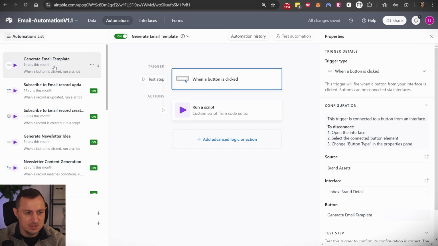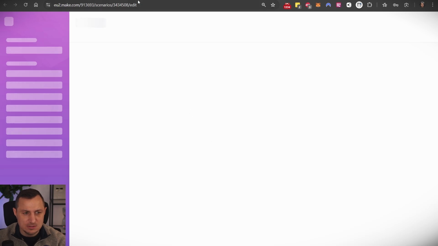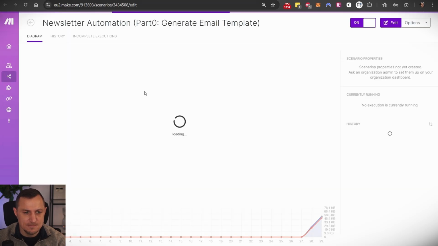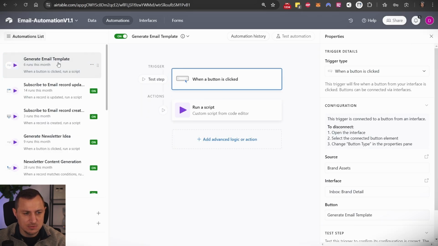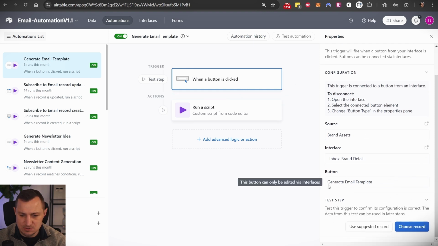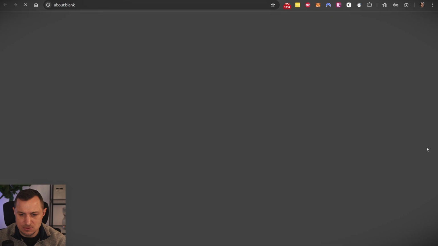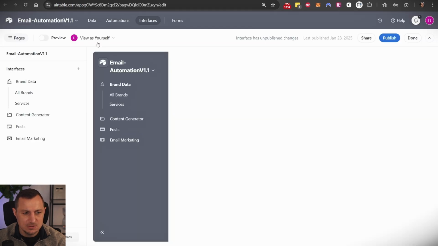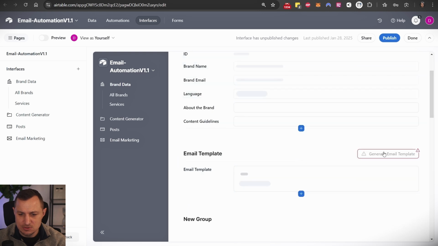Let's start with generate the email template, and let's also start with this automation. As always, we start with a webhook. I'm using this webhook here. You will need to set up your own webhook, copy this webhook address, and then go into generate email template. When a button is clicked, and here specifically it selects this generate email template, this comes from the inbox brand detail interface. So you can jump into it by clicking on this button. It's going to be this particular interface, and there is this generate newsletter, and then there's this generate email